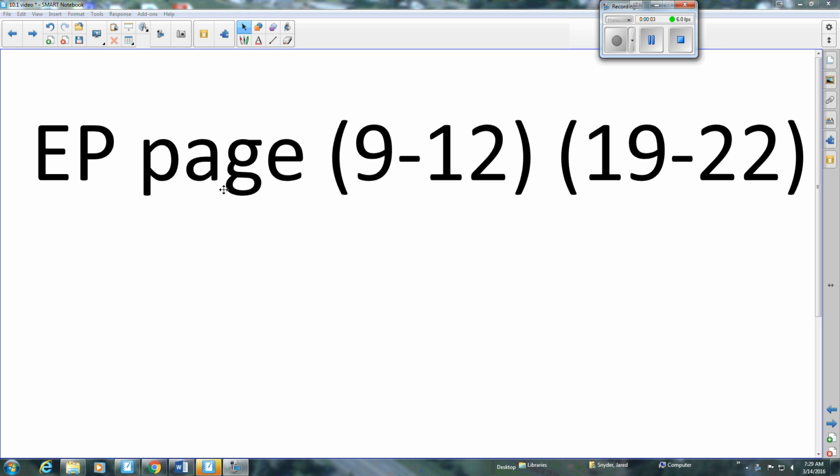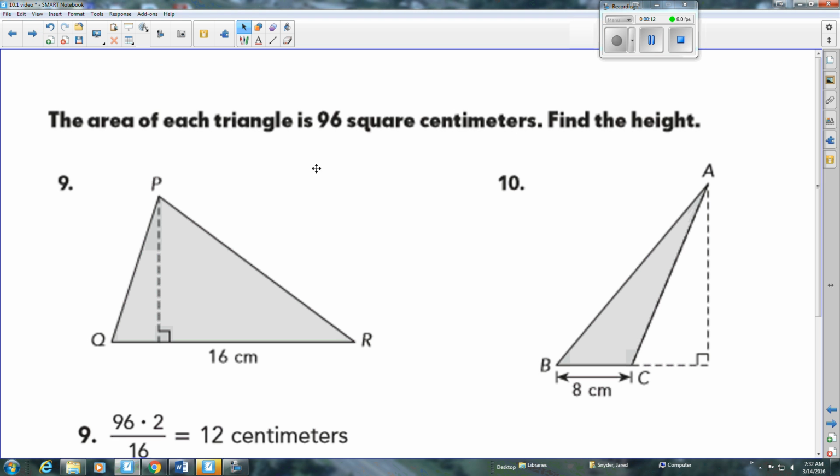Okay, this is from the packet. Questions 9 through 12 and questions 19 through 22. So, questions 9 and 10 say the area of each triangle is 96 square centimeters. Find the height. So, you need to remember that we're given the whole area, so the whole thing has to equal